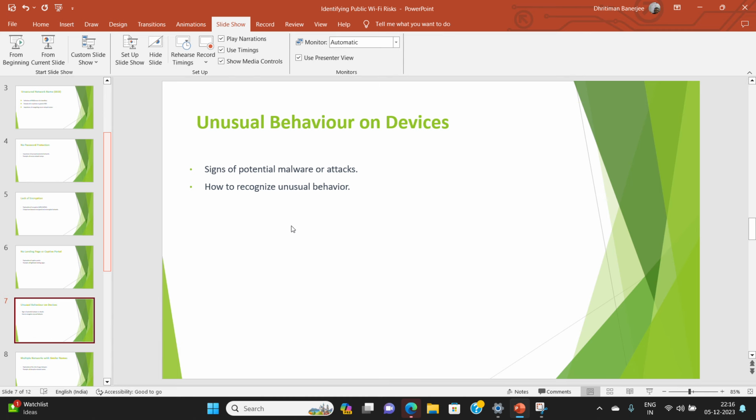If your device is redirected to unexpected websites, or you have issues accessing known websites, it could be a sign of DNS spoofing or manipulation. So be very cautious when you connect to public Wi-Fi. You have to observe, and if these things are happening, you should disconnect immediately.